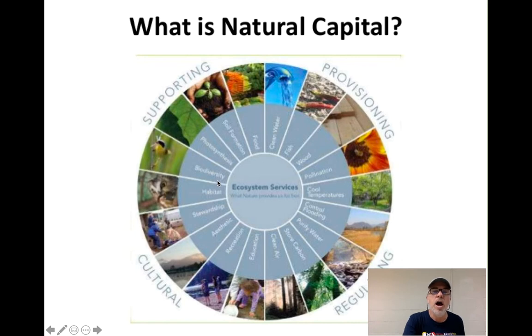Supporting values, creating habitat in which humans can live, photosynthesis, all the productivity on which humans depend, the formation of soil. And then food is right in the intersection between supporting and provisioning, because food, fish, clean water, provisions, wood, pollination. And if you had lived 150 years ago, there would have been a wedge here for animals, because indeed 150 years ago, much of the world fed itself on wild animals. We hardly do that at all anymore. And why is that? That's because we've reduced the annual animal population so much, we cannot do it anymore. So anyway, this is an interesting way to think about natural capital.